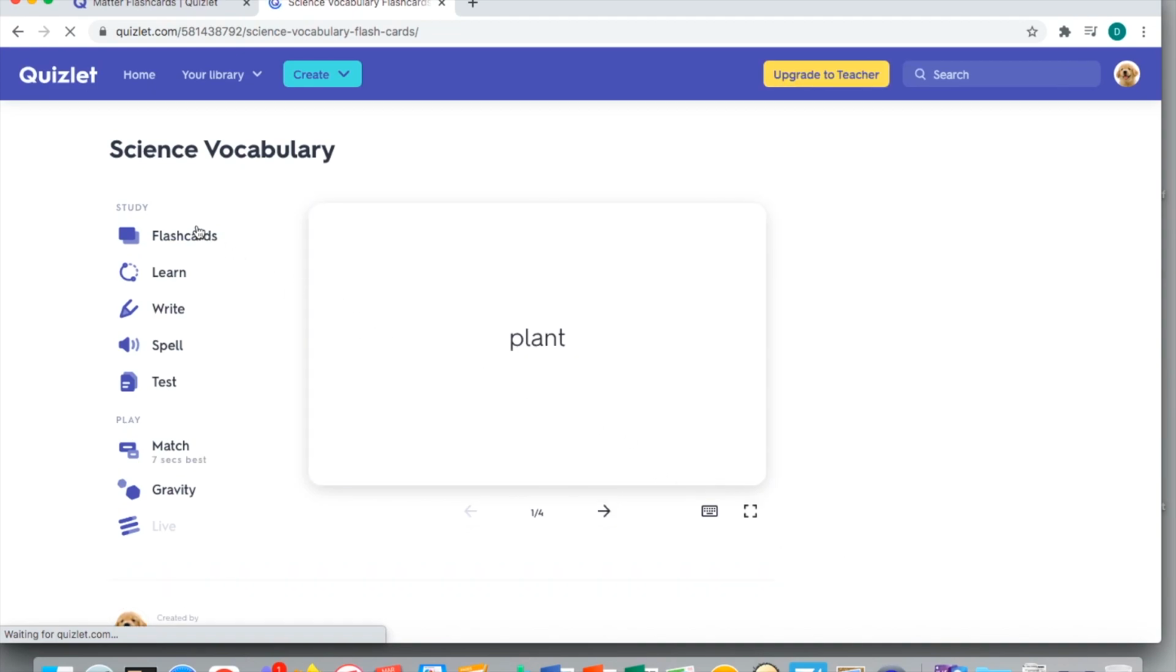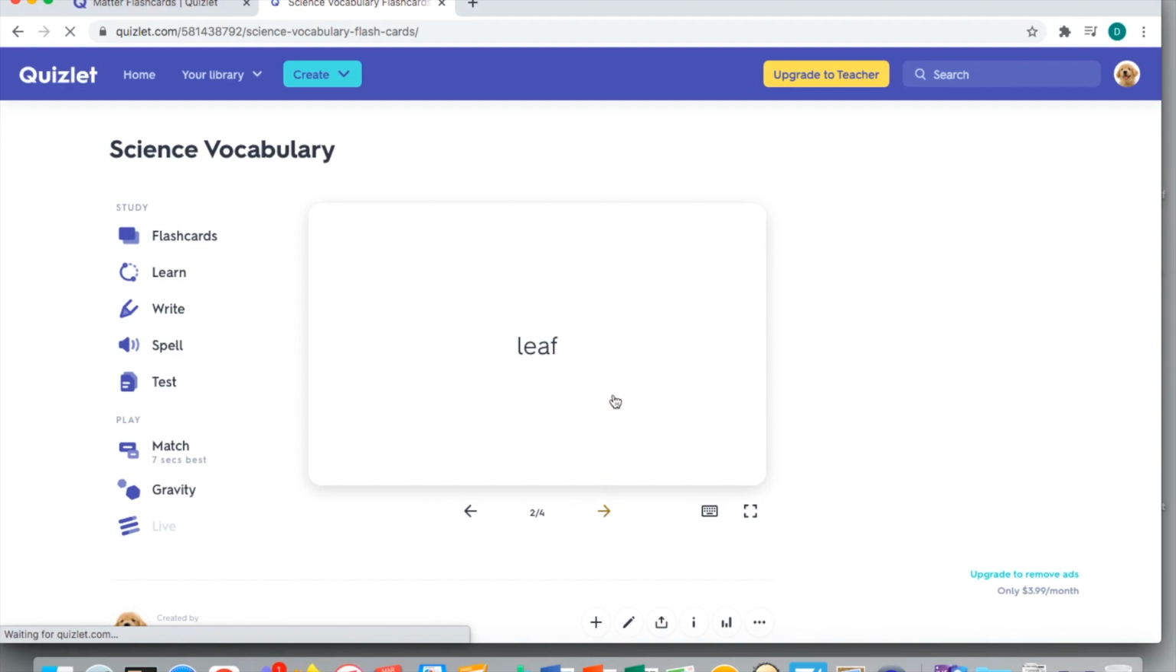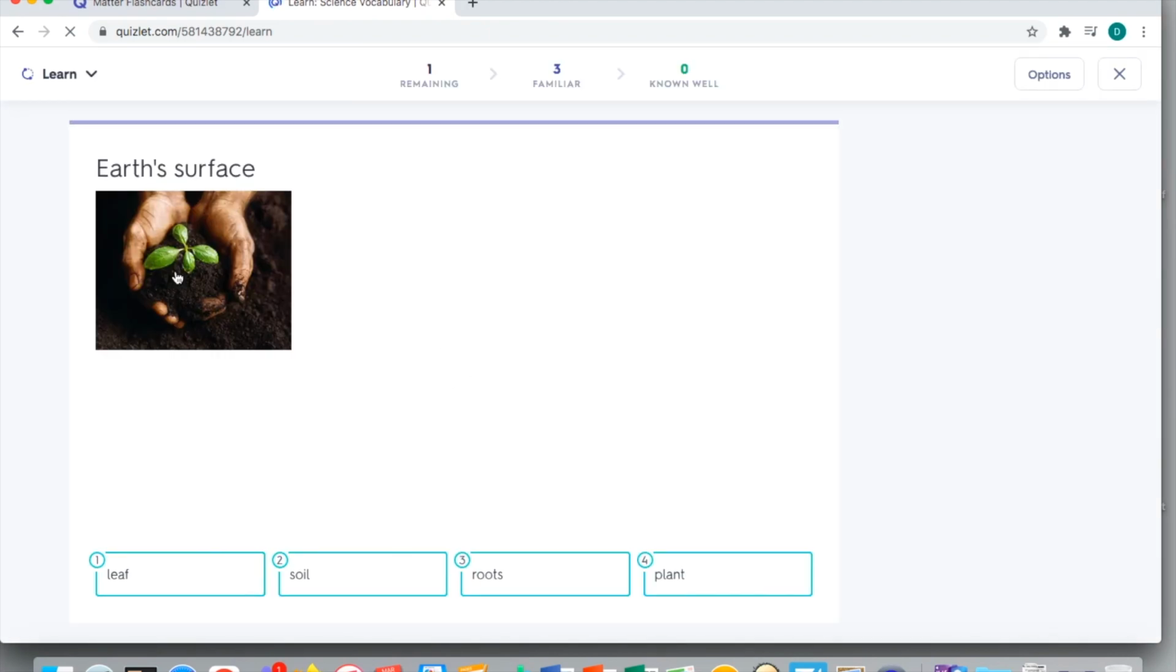And once again, when you create your vocabulary set based on what your students are learning, you can go through and you can play the flashcards, right? Where they go through and they could practice. Here we go with our leaf, then what it is. When we have our learn activity, they can go in and your students can practice learning all the vocabulary cards,